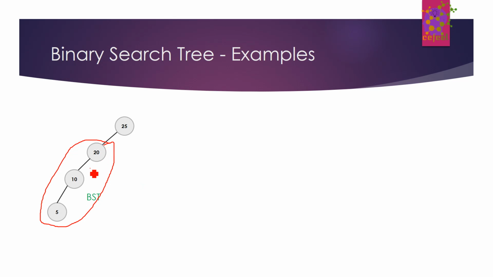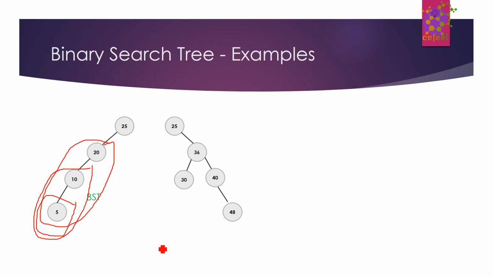Same thing with 20, the nodes to its left are less than itself. Same with 10. But notice this is a skewed tree, and in a skewed tree, search operations won't be of any benefit in comparison to a linear array. Here is another binary search tree which is skewed to the right side. Similarly, all the nodes to the right are greater than itself. So all nodes of 36 to the right are greater than it, and all nodes to the left of 36 are